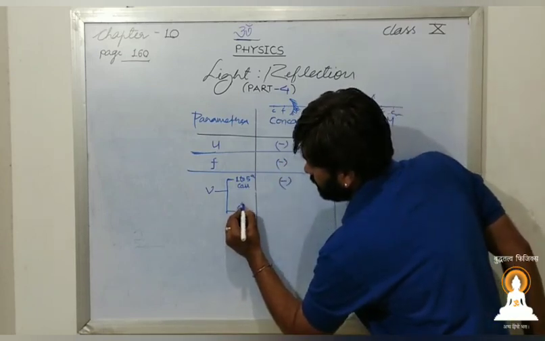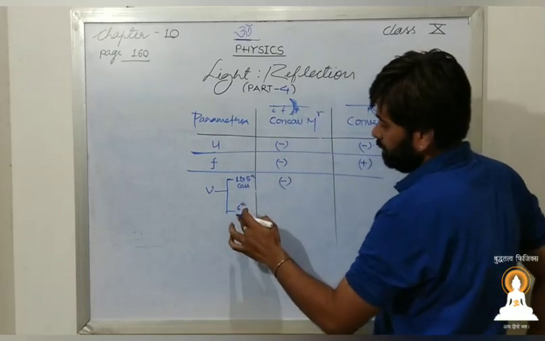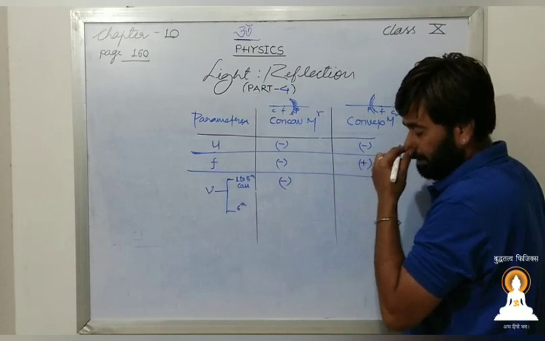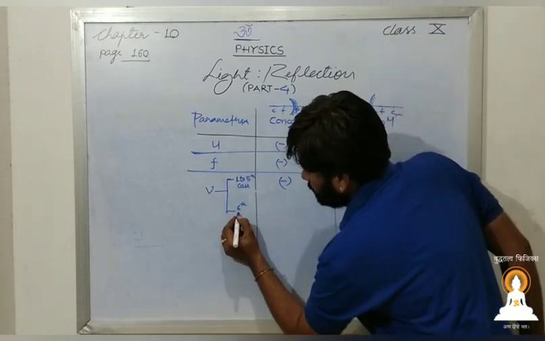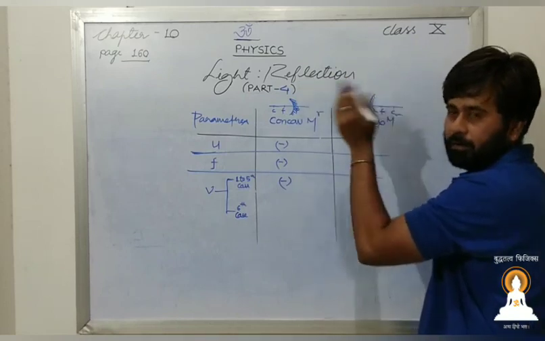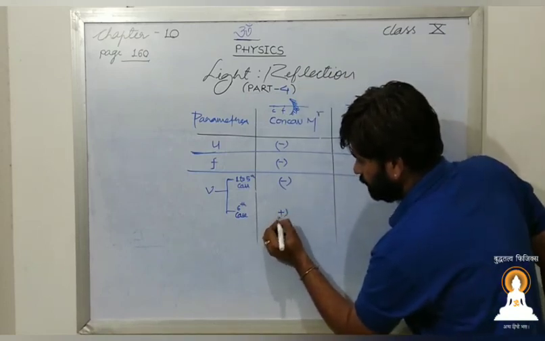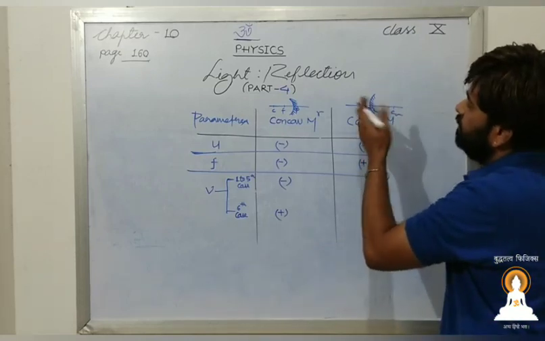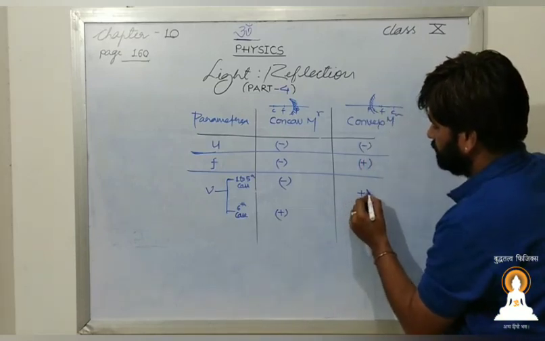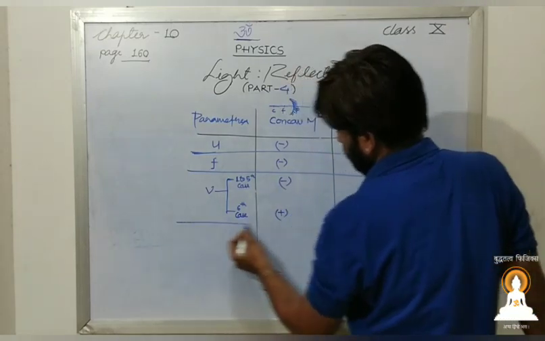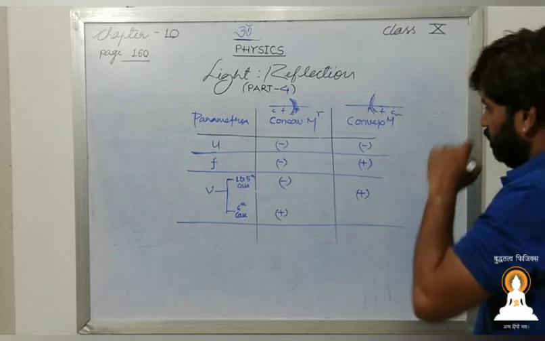In sixth case, as we have already seen, you may confirm it with the activity which we have already discussed, in sixth case we saw that the image was behind the mirror. Yes, so that was positive. Okay, now in convex case always the image will be behind the mirror, so that will always be positive. No need to bother about the different cases. Okay, so U, F and V.